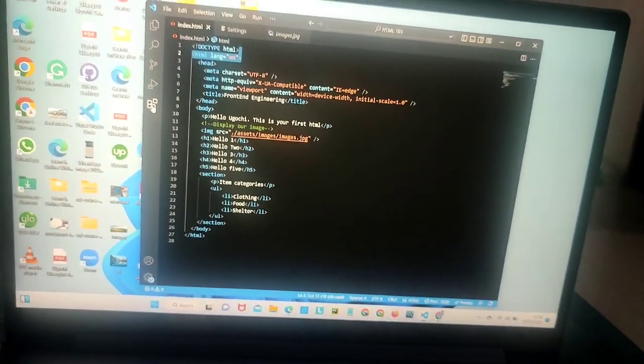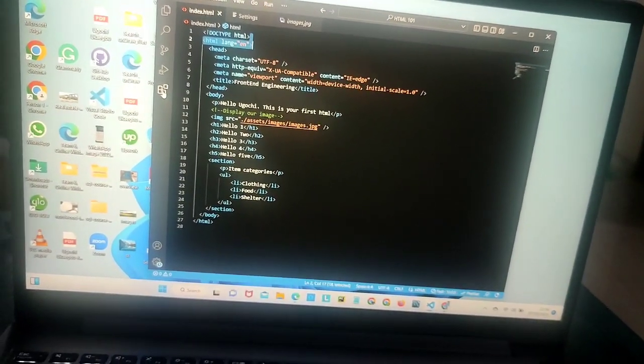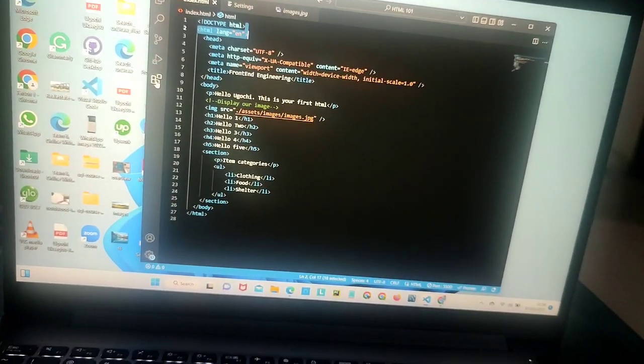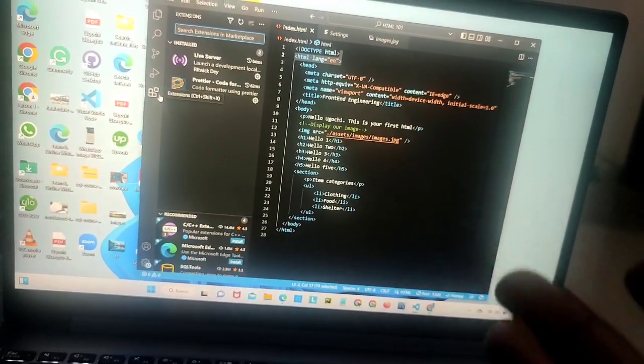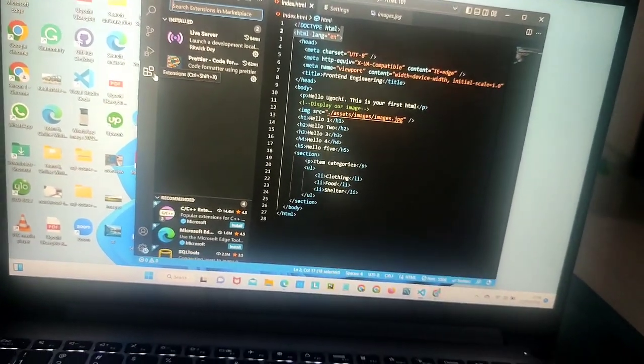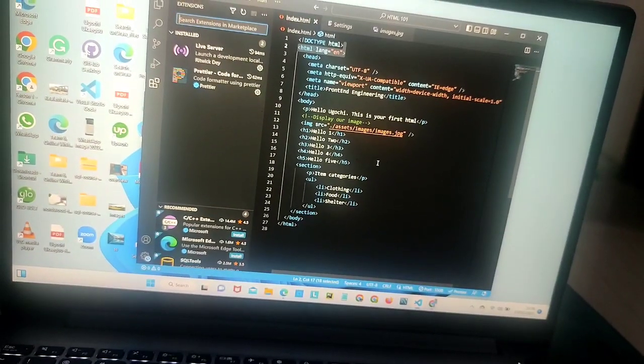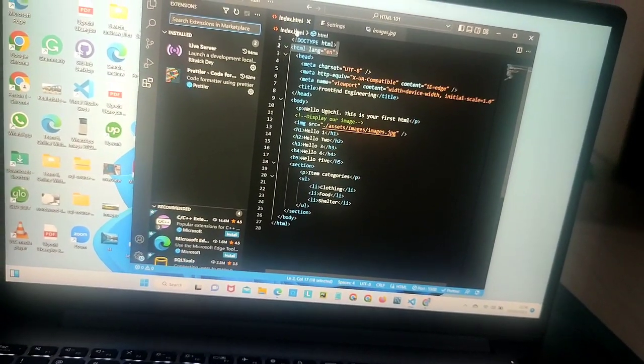So first things first, I have to have a code editor, which I'm using, Visual Studio Code Editor. I have to have downloaded some extensions, which I have done, Prettier Code and Live Server, and I have to have my Google Chrome, which I already have here. So what did I do? So to do this,